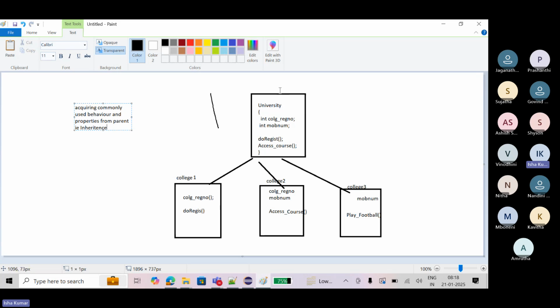So this class, from where the child is taking behavior or commonly used properties, this class is called the parent class, or it is called the super class, or it is called